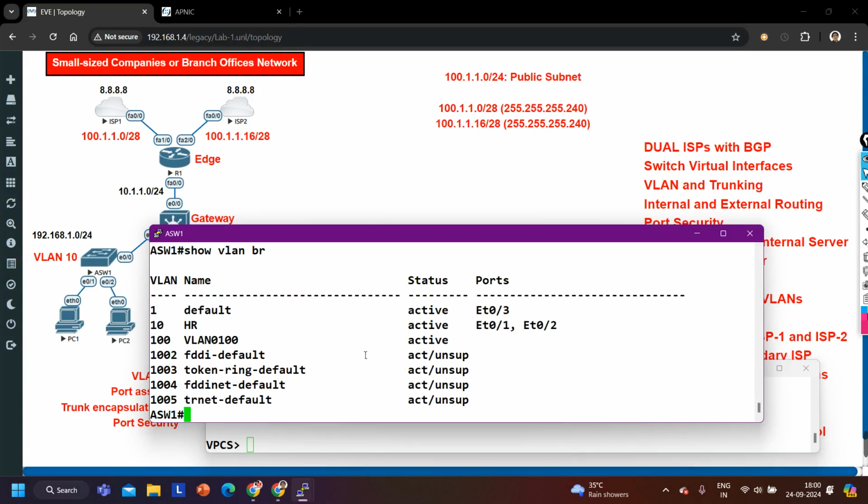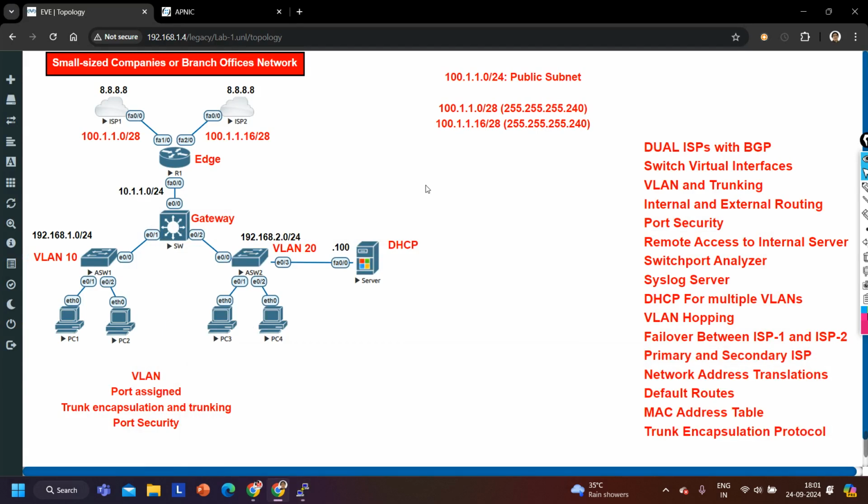So in the VLAN brief, you can see VLAN 20 is not there, right? So what is happening this time? The PC is generating a discover message. It will forward to this switch, this switch will forward to the server, and the server will generate a reply, right? It will forward to this switch, which will generate the offer message to this switch, and when this switch will forward the